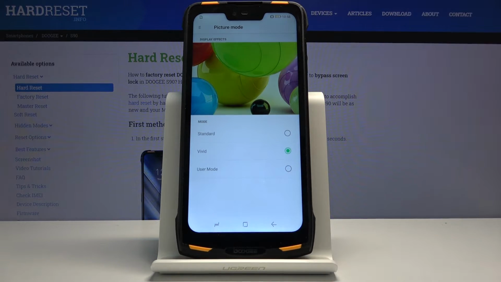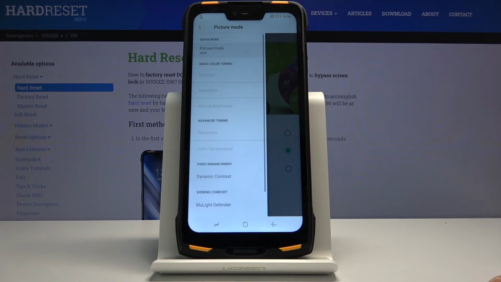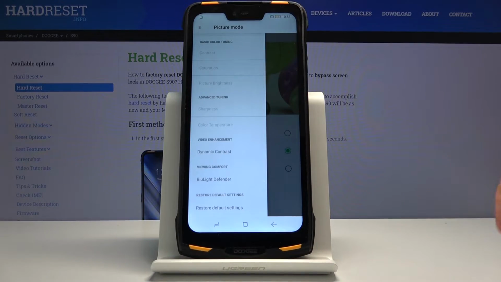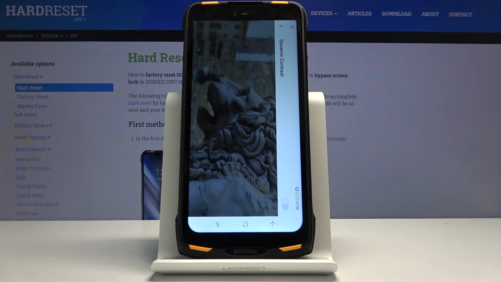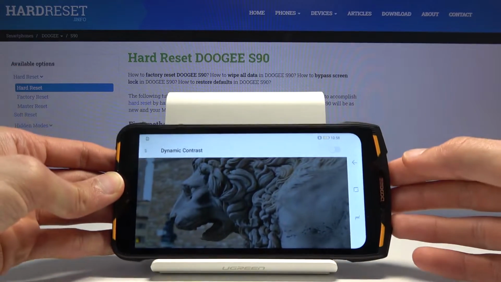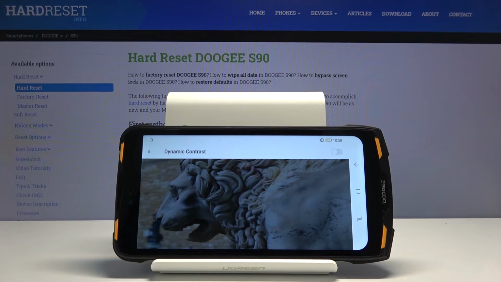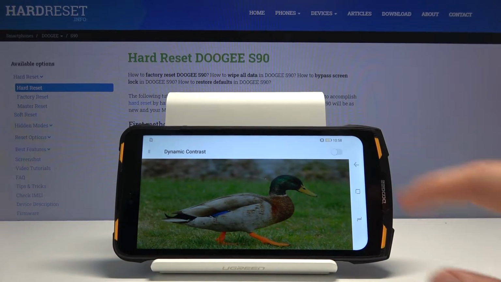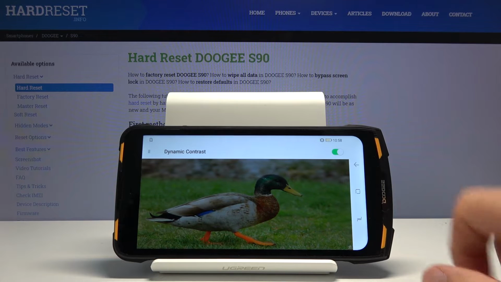and you will see the difference probably way better in person rather than on video, but honestly in this case vivid looks in my opinion better than the standard one. And also once you tap on the bars once more, at the bottom you have the dynamic contrast. When you tap on it, now it goes into landscape, so I'm gonna flip it shortly. So you have the image right here and you can enable it, and it will